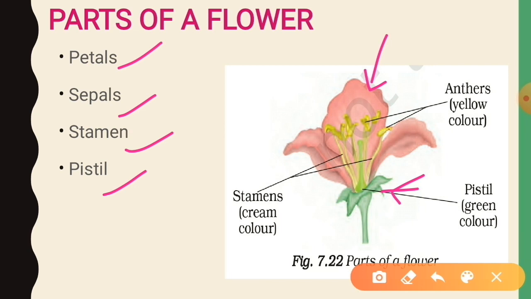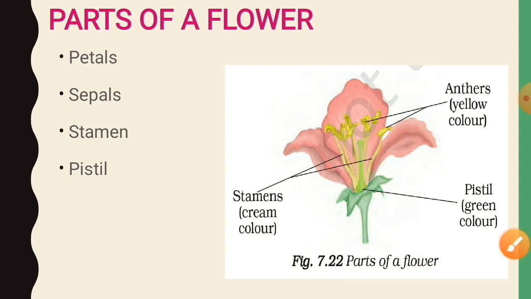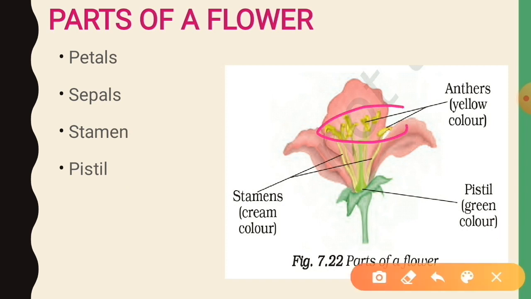Okay. Now stamen. Stamen is the male part of a flower and here you can see these are the stamens. Lastly, pistil. Pistil is the female part of a flower and it's here at the center. So have observation whether there are many stamens, whether there are many pistils. So different flowers will have different conditions. Here you can see there are many stamens which surround the pistil.